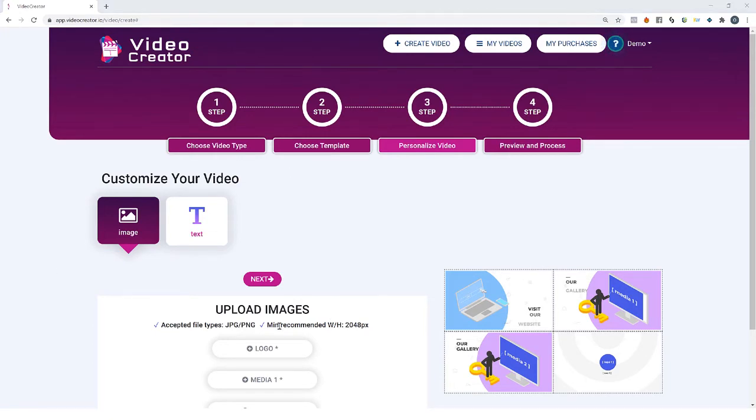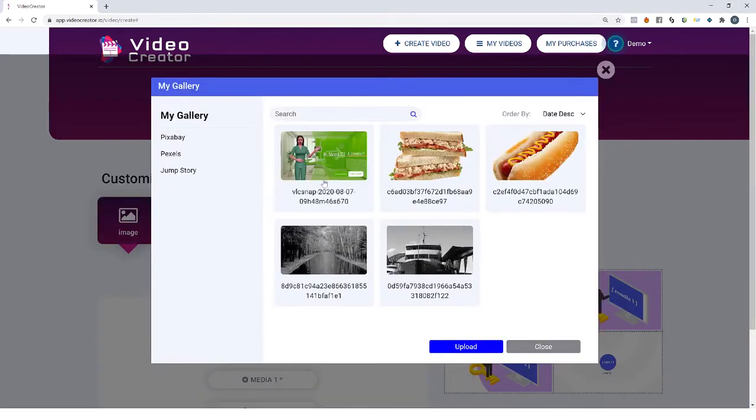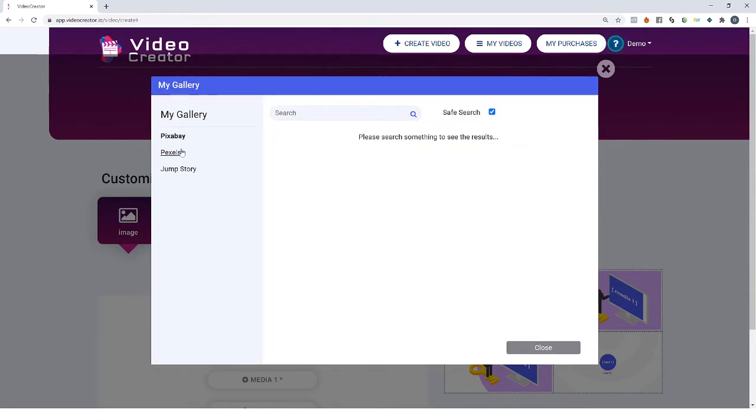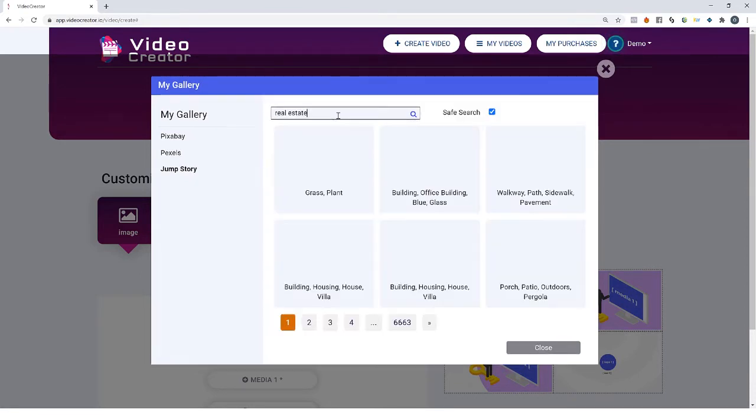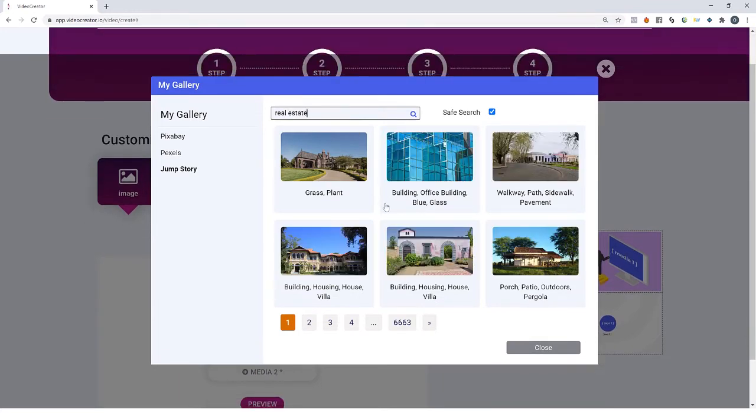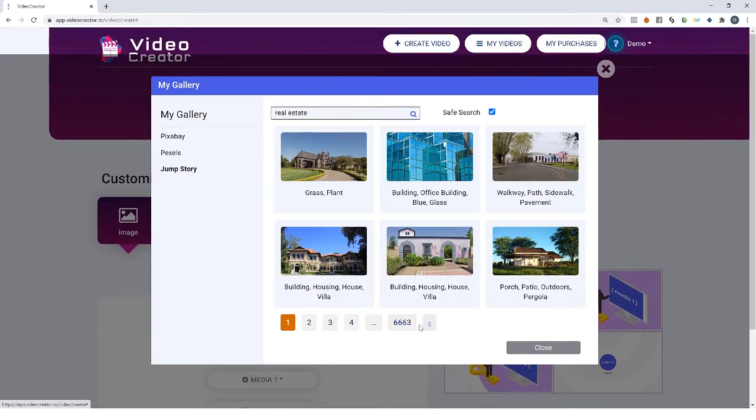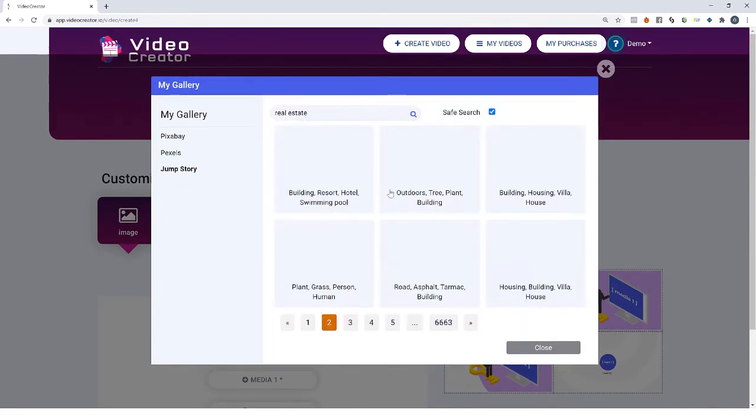One thing I wanted to mention as well, which is a really cool feature, is you click on that logo button. These are all the images, right? So we have the image library integrations built in, like Pixabay, Pexels, and JumpStory. So let's say we wanted to do something to do with real estate. We want to get that image to put our brand and stuff. You see this? All these images, there are over 7,000 pages worth of these images that you can add to